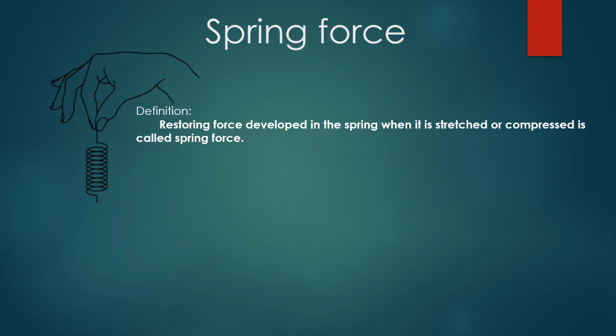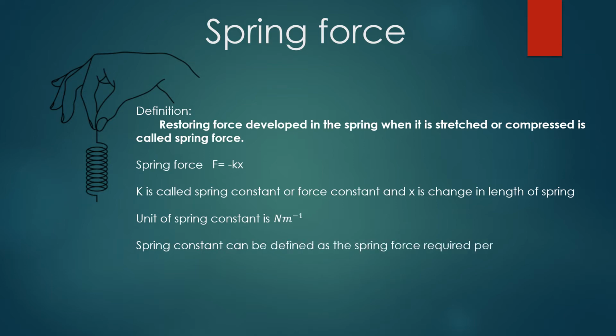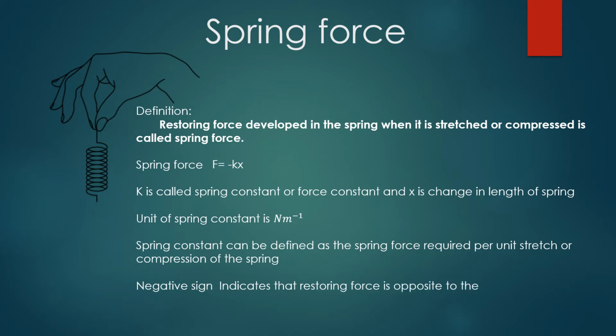force. In mathematical form, the spring force can be written as F is equal to minus kx. k is called the spring constant or force constant and x is the change in the length of the spring. You can also note that the unit of the spring constant is Newton per meter. Spring constant is defined as the spring force required per unit stretch or compression of the spring. The negative sign is indicating that the restoring force is opposite to the extension or displacement of the